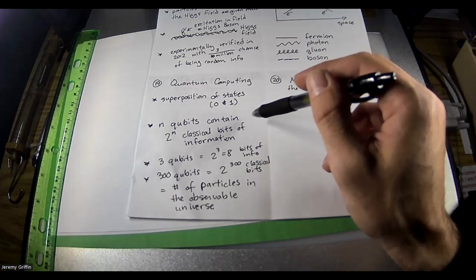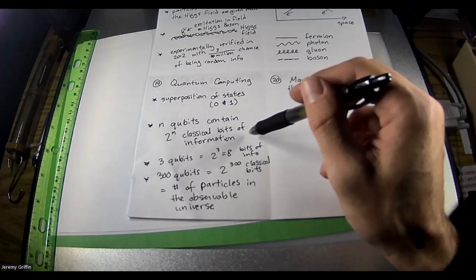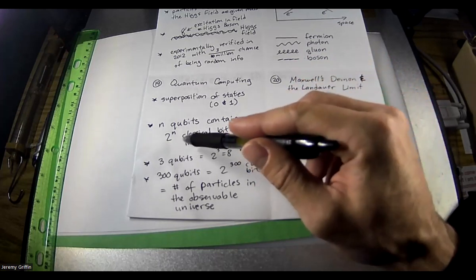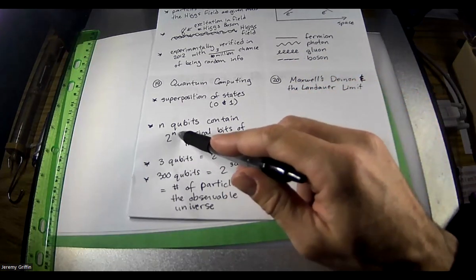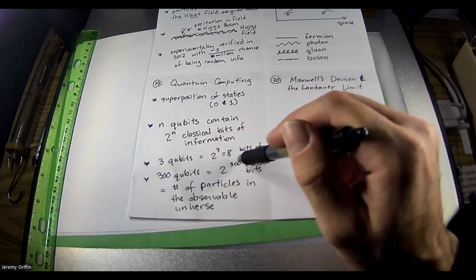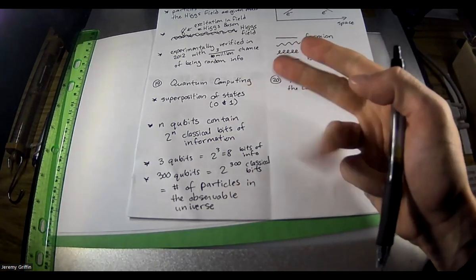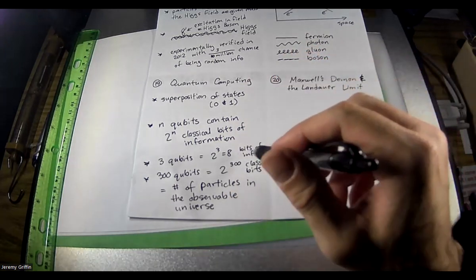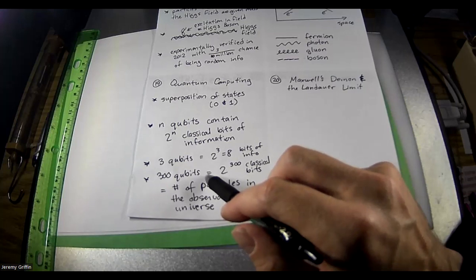Okay? Think about how this could work mathematically, the fact that it could be both. N qubits contain 2 to the power of n classical bits of information. For example, if you have 3 qubits, 2 to the power of 3, that's 8 classical bits of information. 2, 4, 8, right? 2 times 2 times 2. But because of how exponentials scale up so fast,